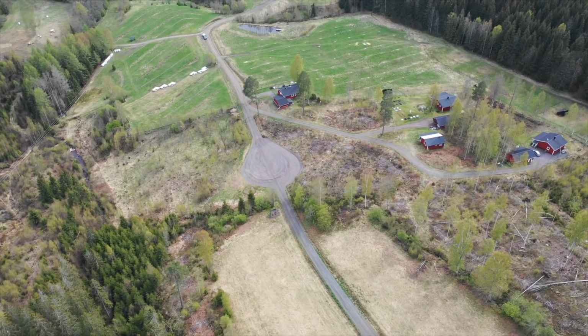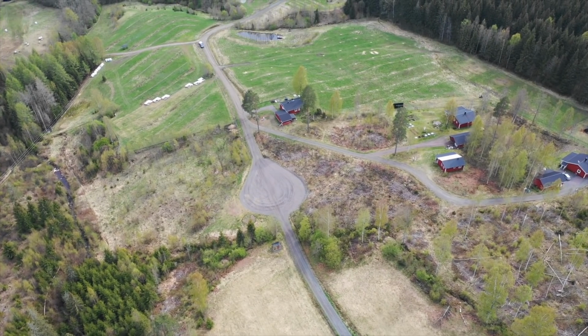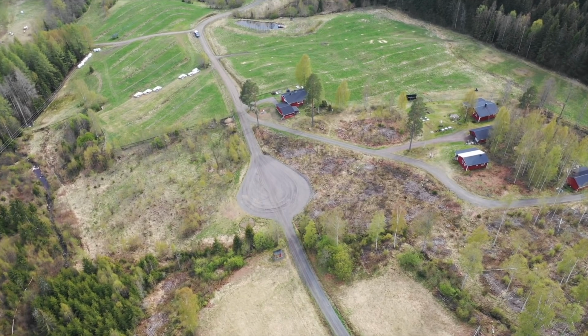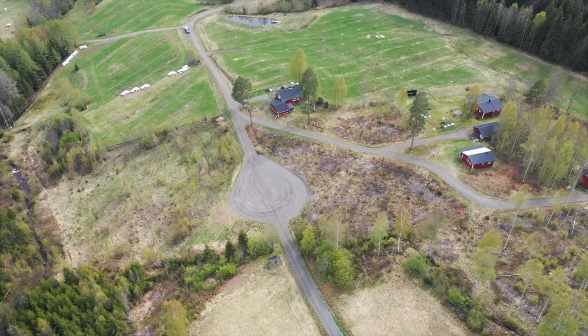It's absolutely transformed this space. So it's really great to have that in the background as something to show people what our land used to look like. As we come